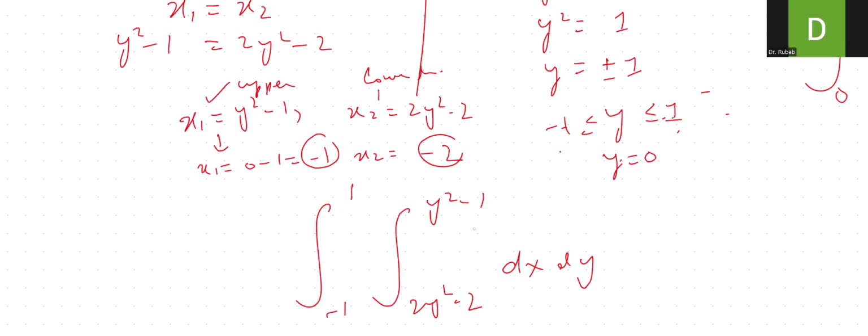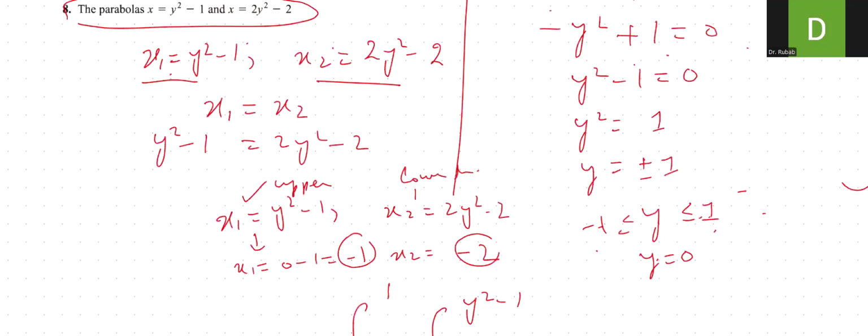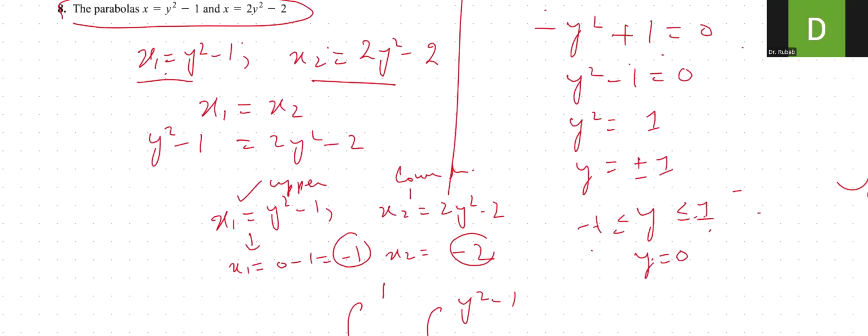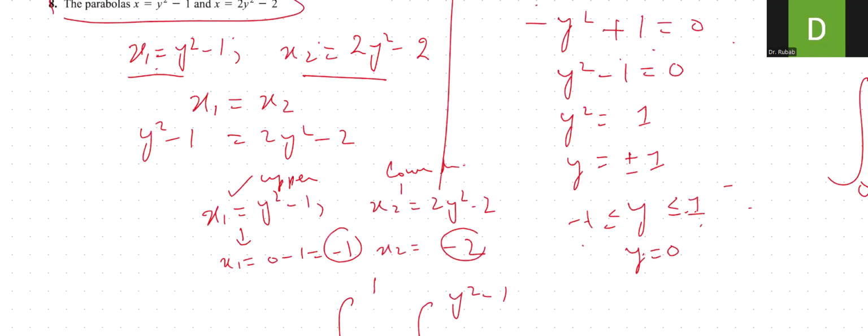So these are 3 questions. The method is just to compare the limits, solve the equation and get the limits, and take a constant value between the boundaries, any number, like from minus 1 to 1, I take y = 0 and put it in the function. The function which has the numerically higher value is the upper limit and the one which has the lower value is the lower limit,